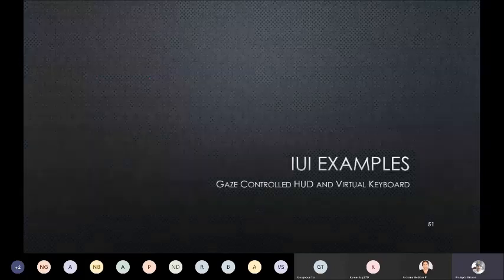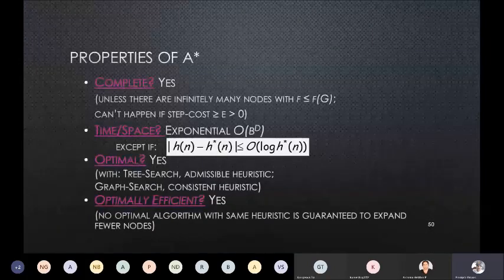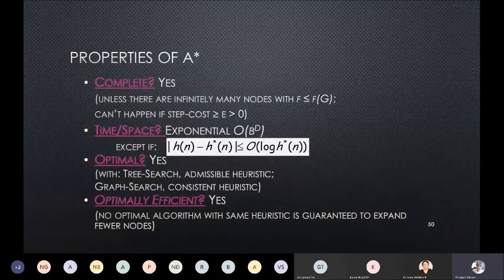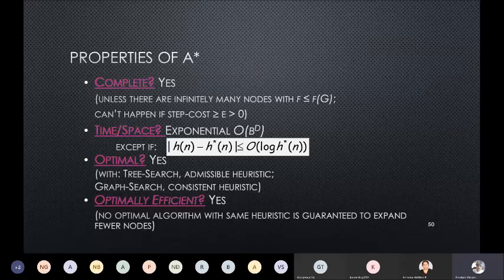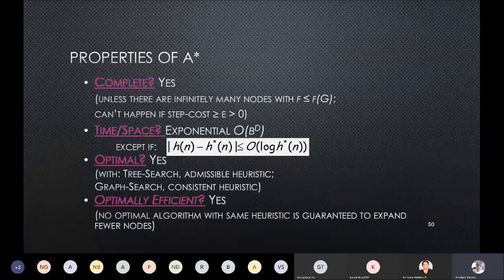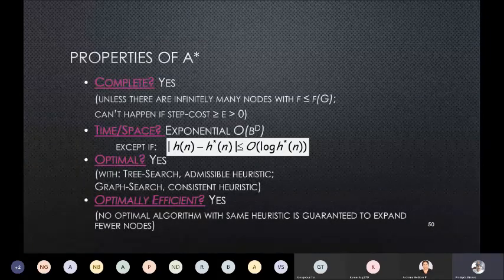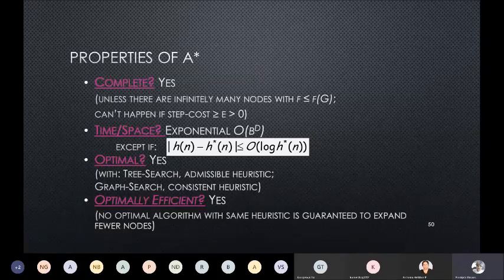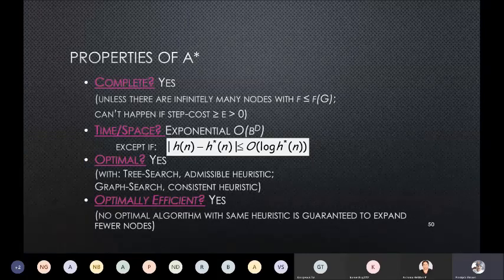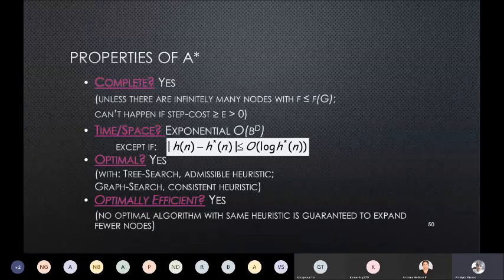So next, from this very abstract example, we'll look at a more practical example of developing an AI. But before that, we will look at two different algorithms in our case studies. And in both cases, you may be a bit surprised to know that we are not bothering about the goal state. Rather, we are bothering about reducing the cost function. And also, we are not using A star search, because remember, the bad thing about A star search is the same as breadth first search: the time and space complexity is exponential. And in practice, A star search runs out of space even for moderate size practical problems.